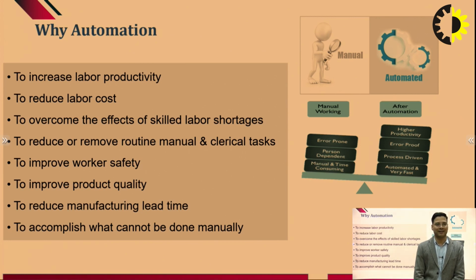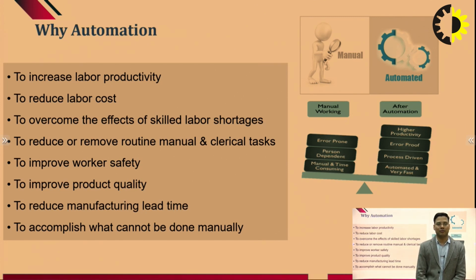This in turn will reduce the effort of clerical tasks. Whereas when machines are involved, the safety of the workers is also ensured by using automation. This not only improves the safety of the worker, but it also improves the quality of the product being manufactured using these sophisticated machines.